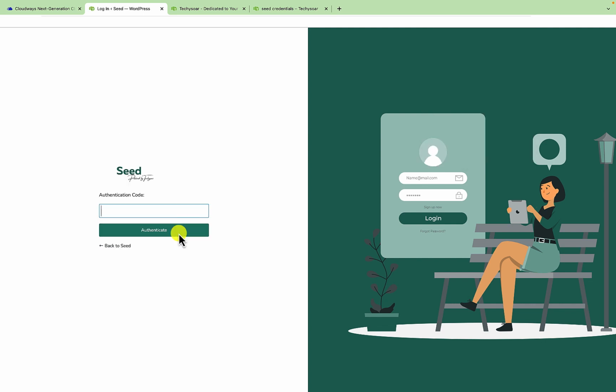When you do so, you are asked for an authentication code. Okay, so this is the first time you have to enter an authentication code. Okay, so where do you find or where do you get the authentication code,